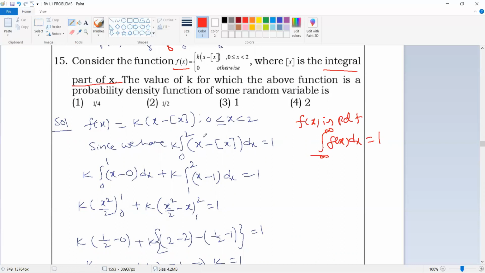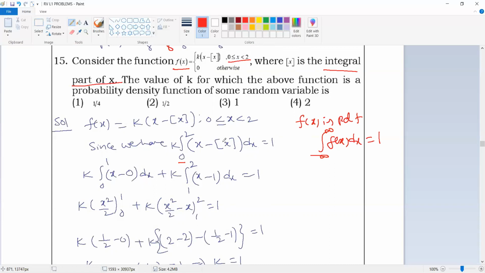So now here our given limits are 0 to 2 here. Here x is called continuous random variable. So here less than or equal to is same as less than, greater than or equal to is same as greater than. Don't bother about the limits here. For discrete random variables, strictly we have to follow the inequalities. For continuous random variables, all inequalities are same here. So now k is a constant value taken outside. The given limits are 0 to 2. Integral of x minus bracket x dx is equal to 1.